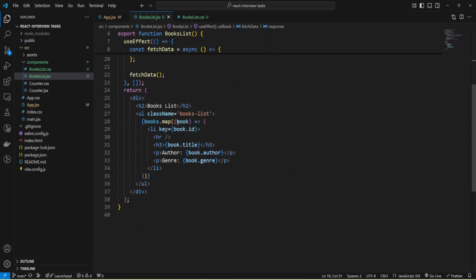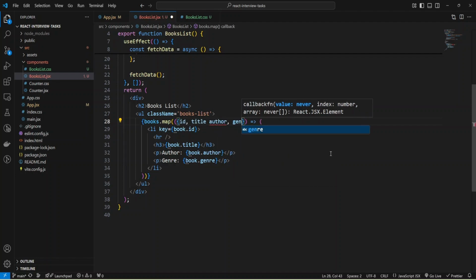And one more thing, I can use object destructuring here. Instead of writing book, I can just provide ID, title, and other fields, and remove this book. Okay, I need a comma here.